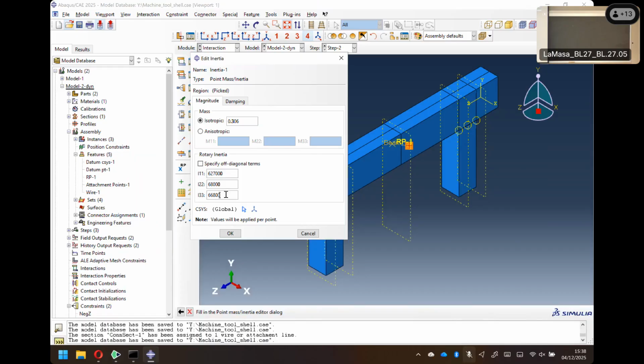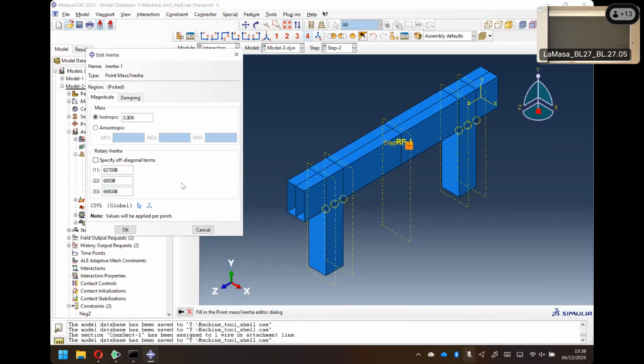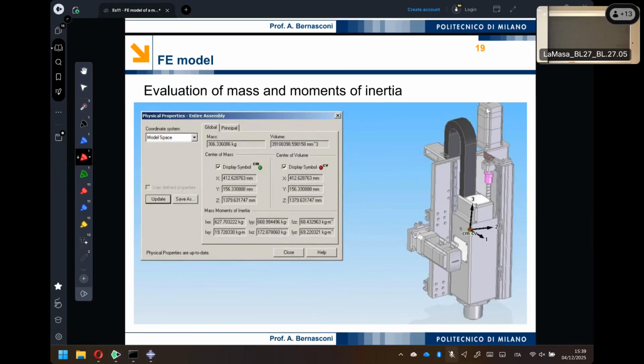668, 1, 2, 3 thousand. Okay. Now, what about the off-diagonal terms? In principle, I have to put the off-diagonal terms. The problem is that here I don't know the initial orientation of the coordinate system on which this was calculated. So what I can do is